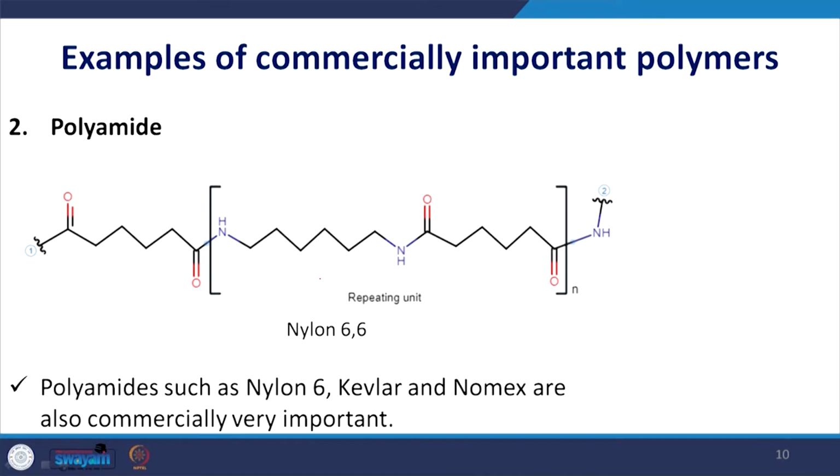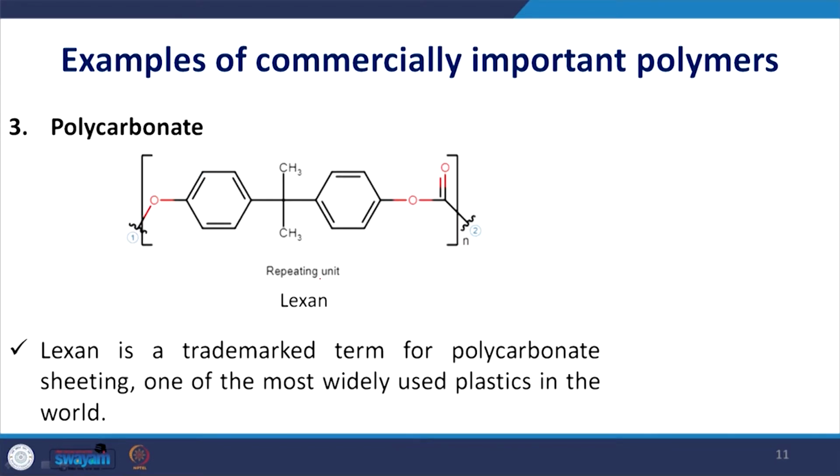Now polyamide is again a very important one, especially used to produce nylon 6,6, and nylon 6 is extremely important, with a variety of uses right from tires to fabrics, etc. Then Kevlar. Kevlar is again used as a bulletproofing material for various detonating type of things. These are commercially available, and their importance with respect to commercialization you can't overlook.